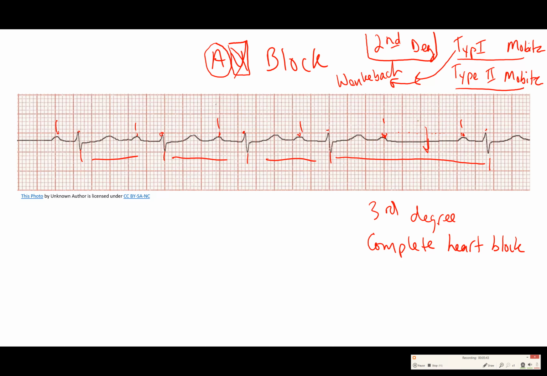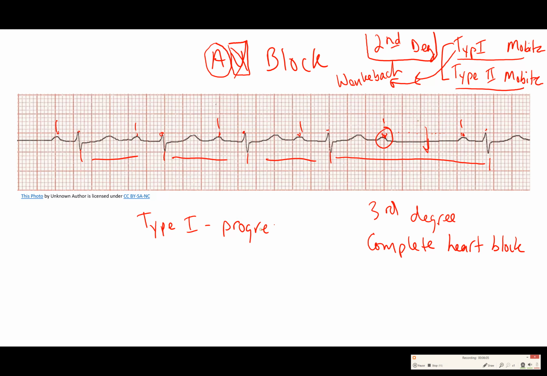We only actually found one that was blocked. And so this is not complete heart block, but it is second degree heart block. So the next part of our job is to determine if it's type 1 or type 2. The difference between type 1 and type 2 is type 1 has progressive